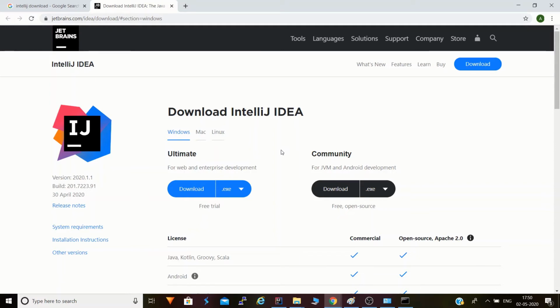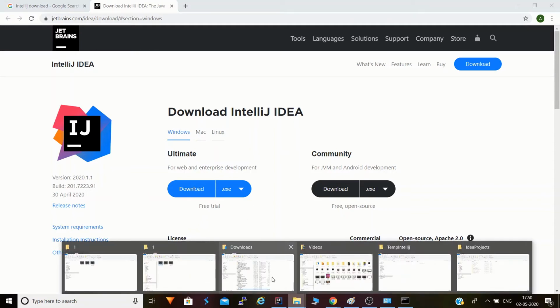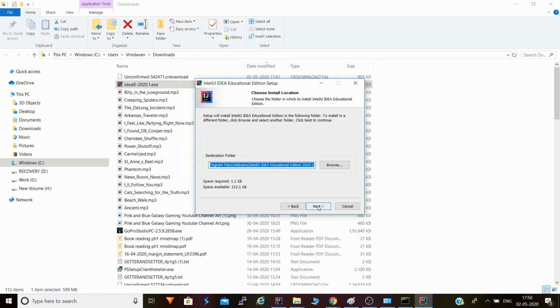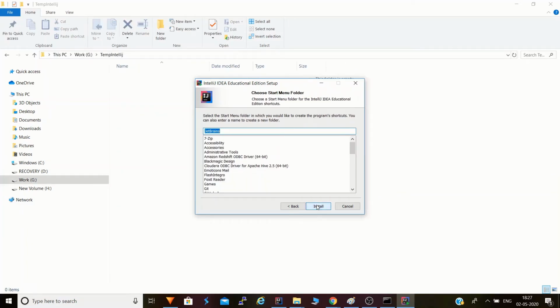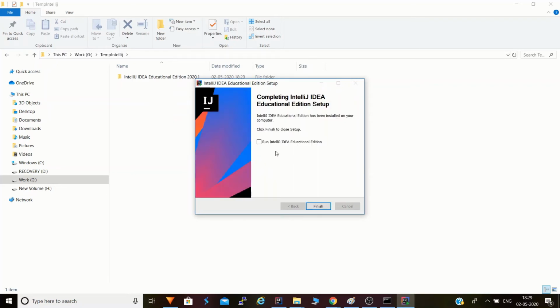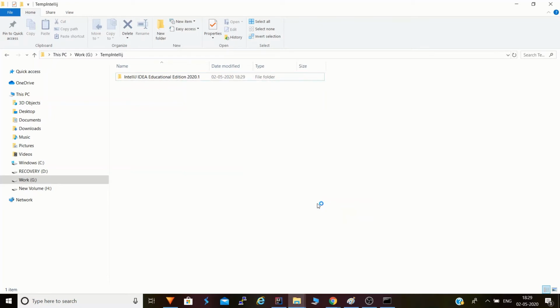After it is downloaded, we'll double click it and go to installation. Very simple, just click on next. Installation will take some time. So installation has been done. We'll click on finish and launch the IntelliJ IDE.